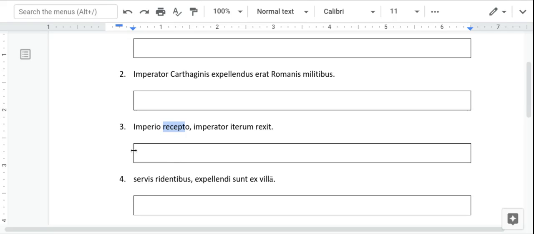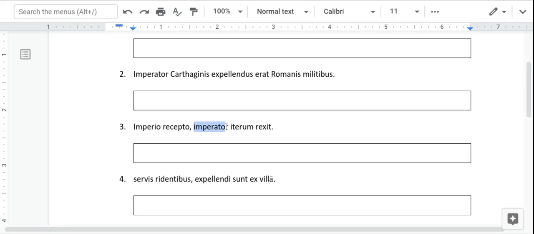If you had your vocab list up next to you, you could see that that's from one of the verbs in this chapter, to regain or receive. So with the power, and you get the with out of the ablative translation, with the power having been received, and that's how that participle translates as having been. That's the most common type of ablative absolute, where you just have the perfect participle, the fourth principal part of the verb, translating as having been, paired with an ablative noun. So with the power, that's your ablative noun, having been received,